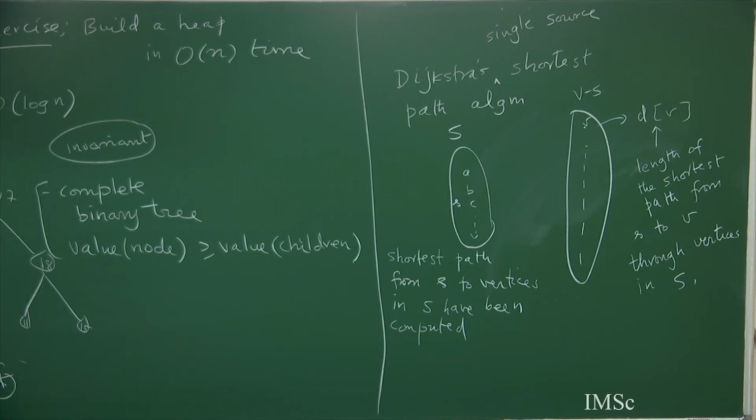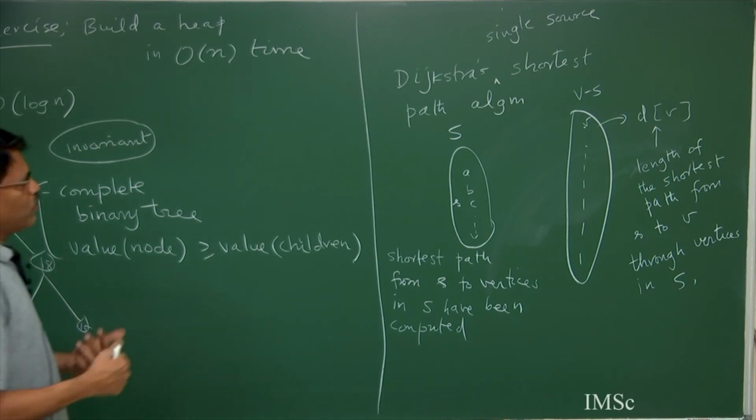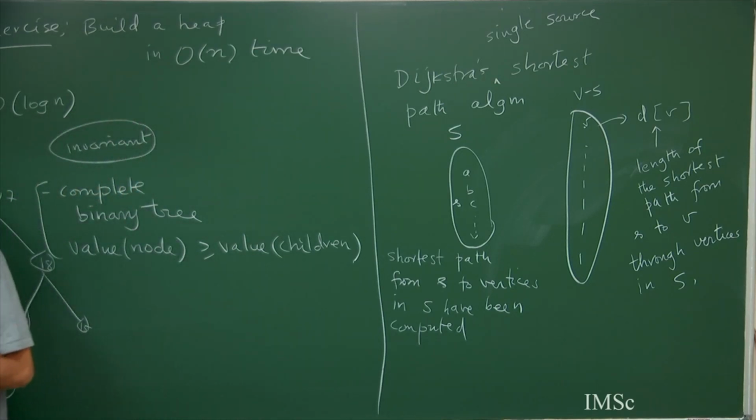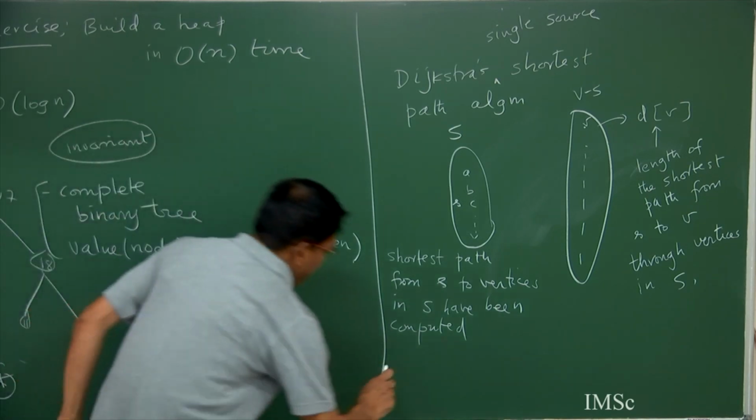What is capital S when you start with? Yes, little s, right? Because I know the shortest path from little s to little s is 0. So I know that. So S is